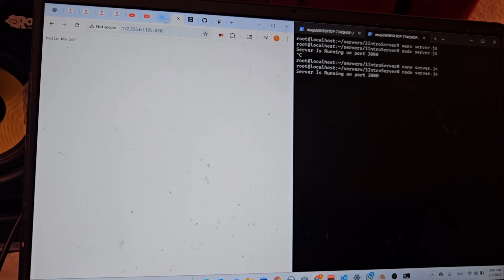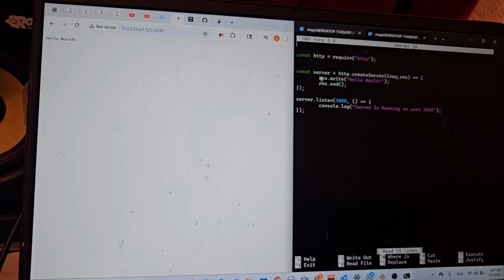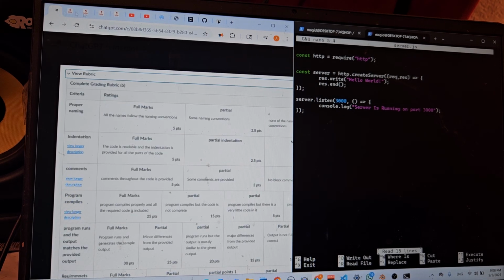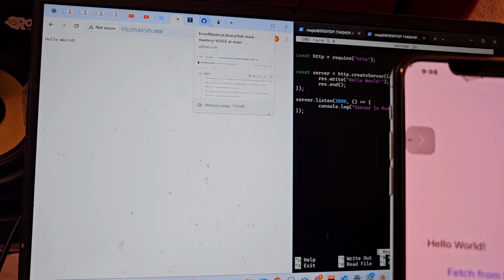Now the question is though, nano server request response. When we write this, we write the hello world. It writes it to the browser like that. Now we want to figure out how the Expo does it, right? Because in Expo, we were able to do fetch from,